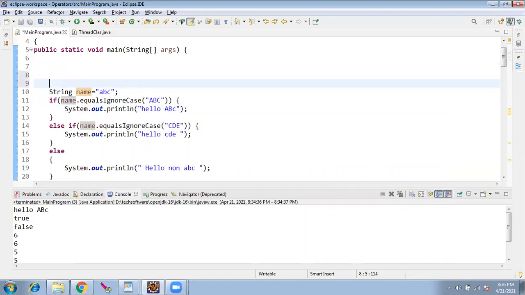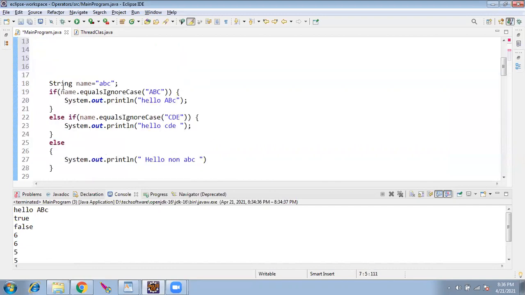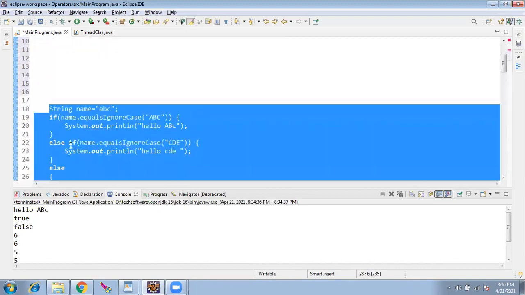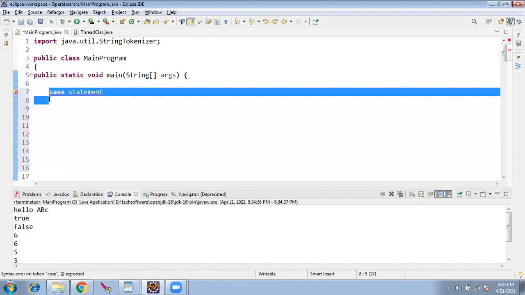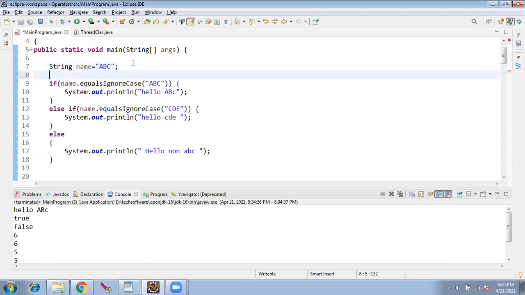Okay, so if this is clear, I'll move to the next case statement. The same if else will take. We can write it using if else, or we can write using case. So name is ABC. I'll go ABC. If it is equal to ABC, I have to do something. Instead of that, what I can do is I have something as